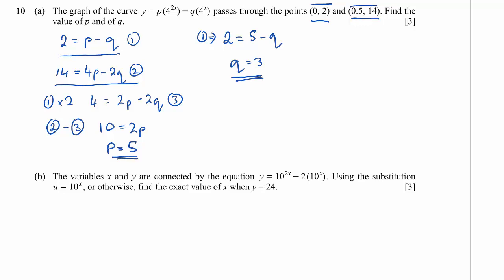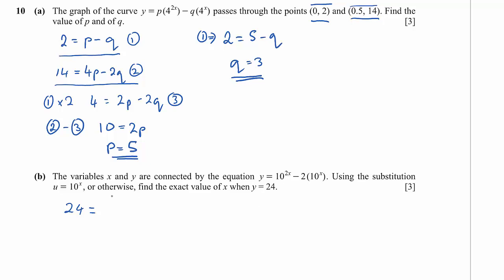The variables x and y are connected by the equation y equals 10 to the 2x, take away 2 times 10 to the x. Using the substitution u equals 10 to the x or otherwise, find the exact value of x when y is 24. Okay. So let's use their suggestion. So 24 is going to be,